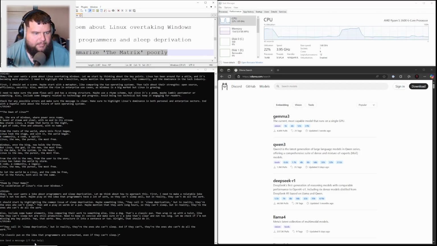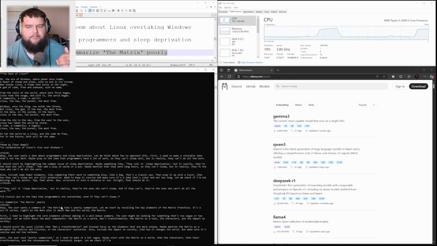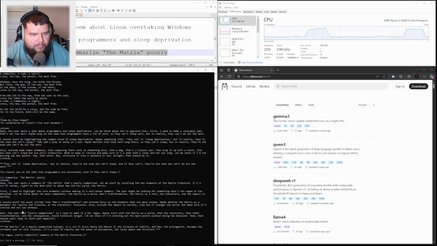Summarize the Matrix poorly. It'll do that really well. So it thinks about it. So the thinking models try to work through how to respond to you. You can see it puts a lot of text, but after it's done thinking, it says the Matrix, as a